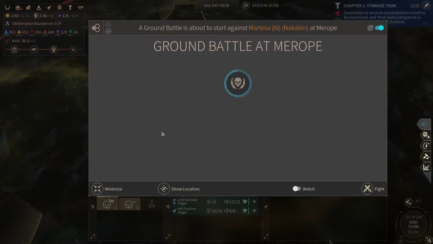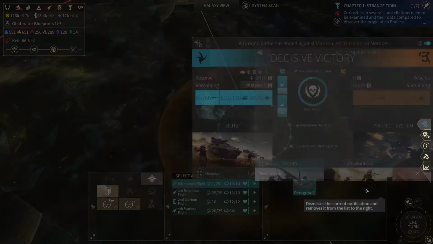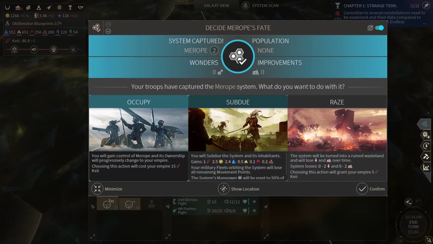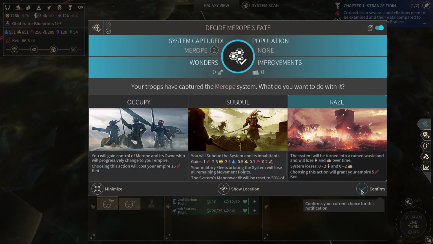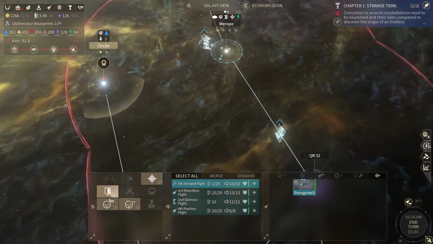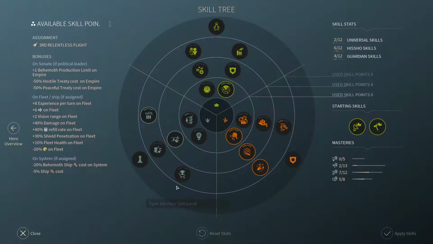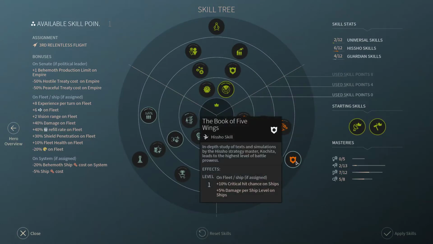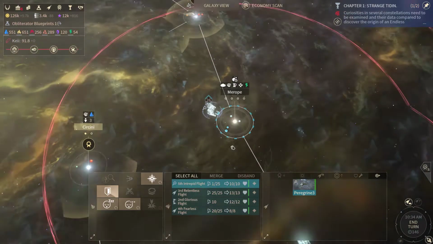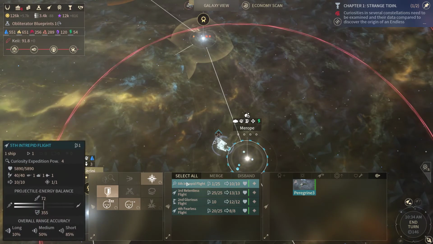Okay, let's start the ground invasion again. On blitz tactic and let's raise it. There we go. Now our miner will have a field day there. Okay, one upgrade here. Let's grab the Book of the Five Wings. Now let's take a look quickly. Didn't lose too much manpower, so